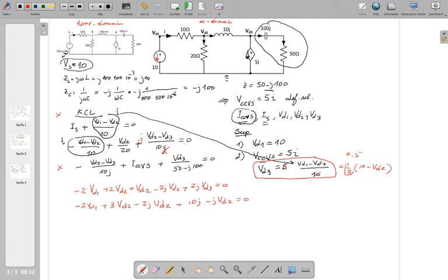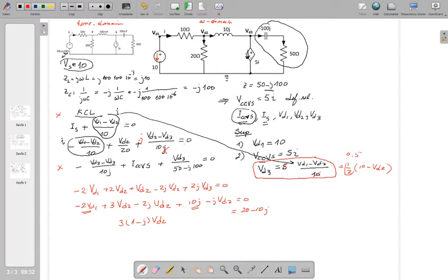So what we've got here, VD1, which is 10, so that is 20, isn't it? If you move it to the right side, this is 20 minus 10j on the right hand side. So I move this one and this one. VD2 case, so that is 3, isn't it? Minus 3j VD2. So 3 times 1 plus j VD2 is equal to this one.